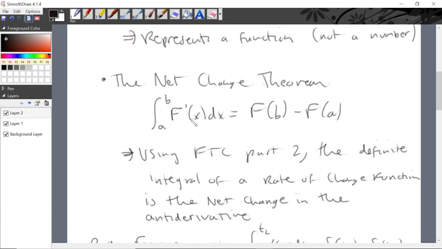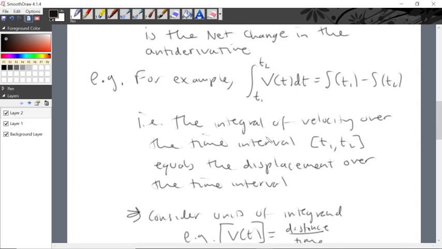interpretation, then contextually, we are saying that when we are taking the definite integral of some function, we are finding the net change, that is the difference between the value at the end of the interval and the value at the beginning of the interval, the net change in the antiderivative function itself. An example where we looked at that already was when we did a definite integral of